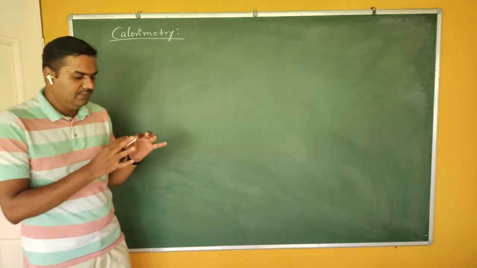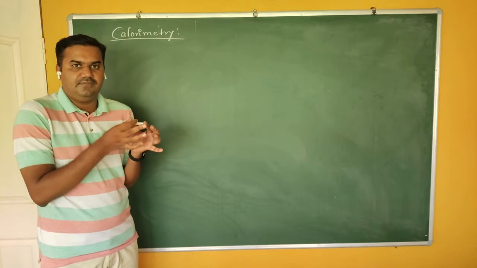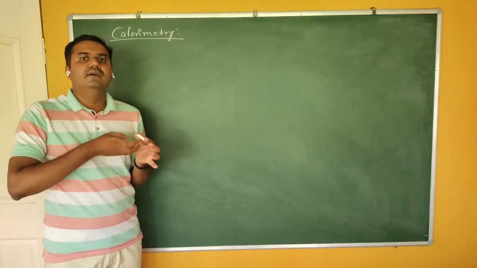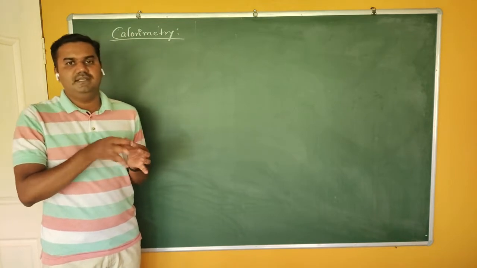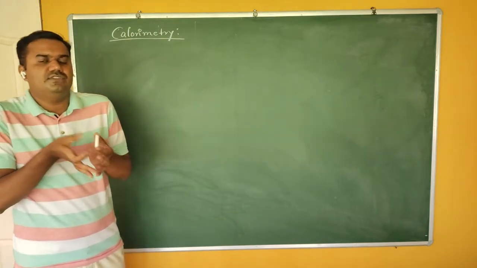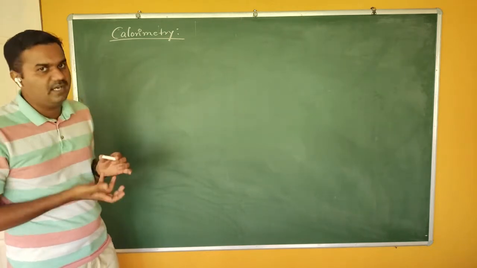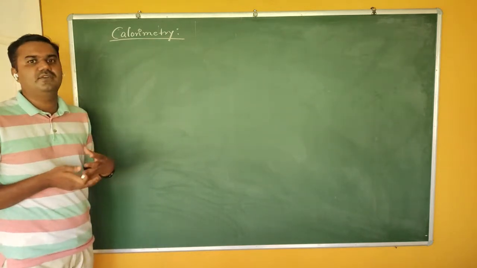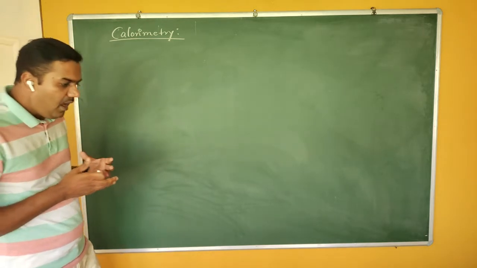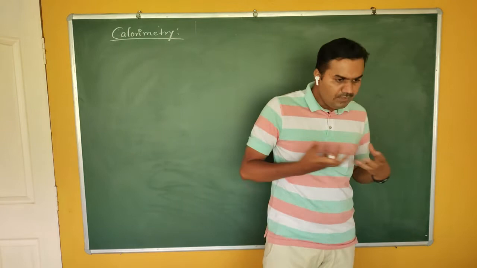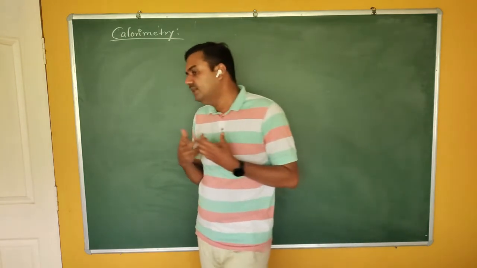For example, if I don't know what kind of material this is, it is very simple: let me calculate its specific heat. If I get something around 386 joule per kg per Kelvin, then I can say that the given material is copper. If you get something around 900, that means it is aluminum. Therefore, specific heat is used for identification of a material.